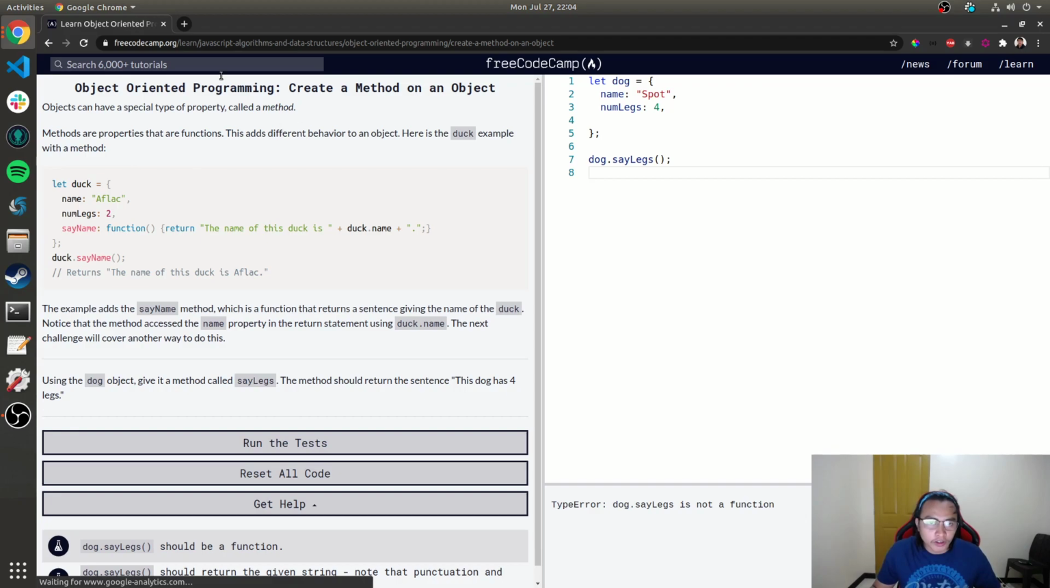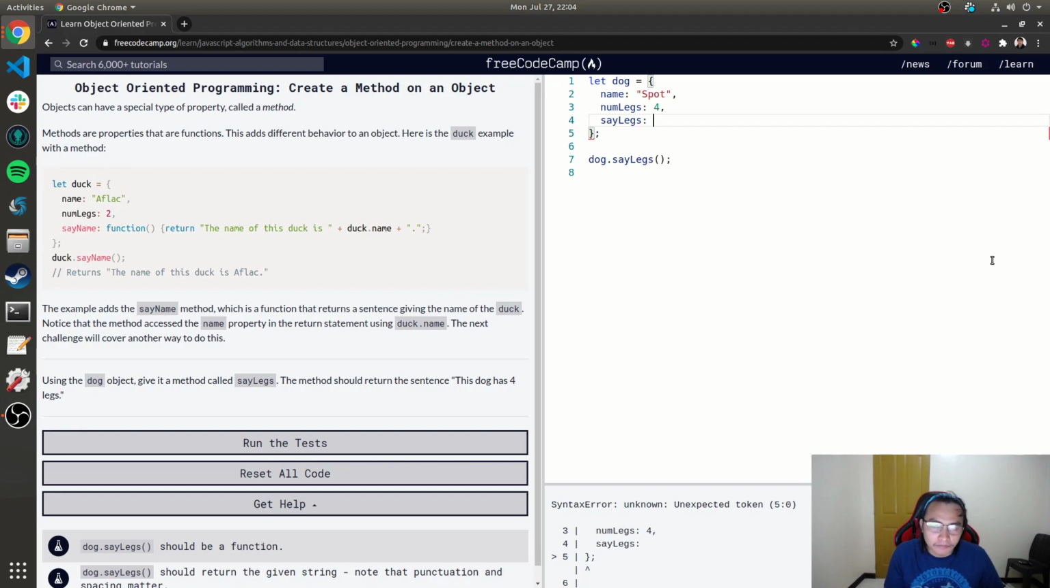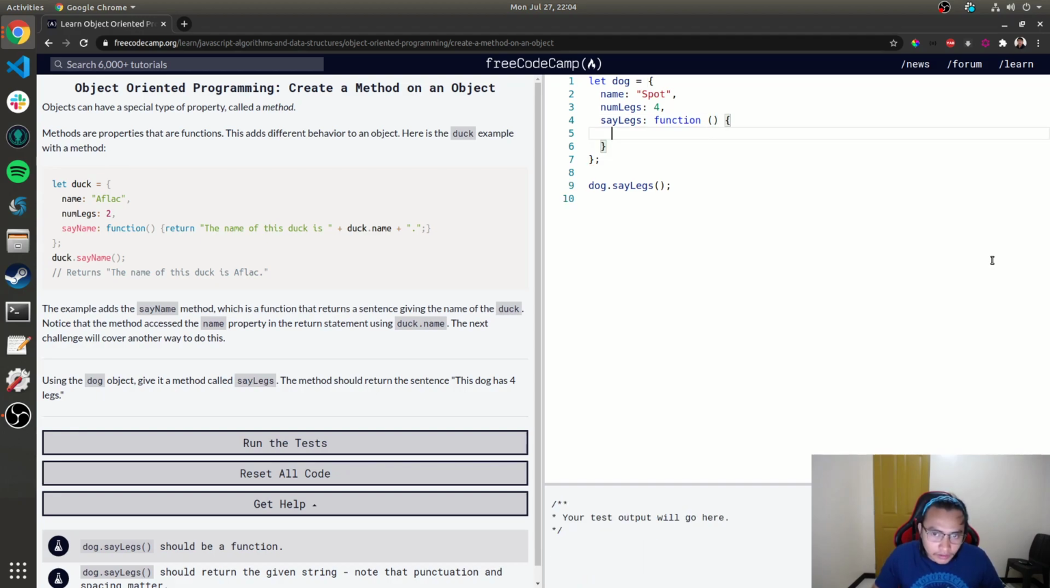So, create a method on an object. Using the dog object, give it a method called sayLegs. The method should return the sentence "This dog has 4 legs." So sayLegs equals function, and then it says... should I return it or console? Return